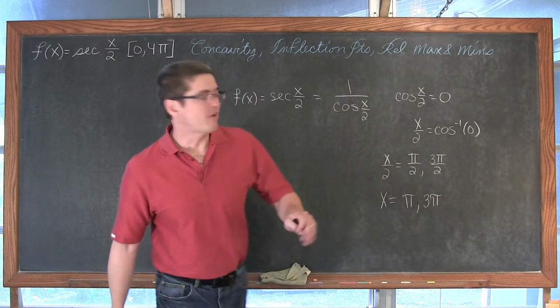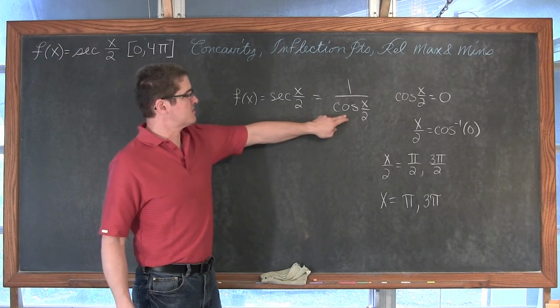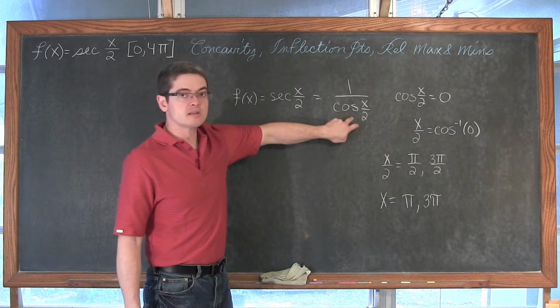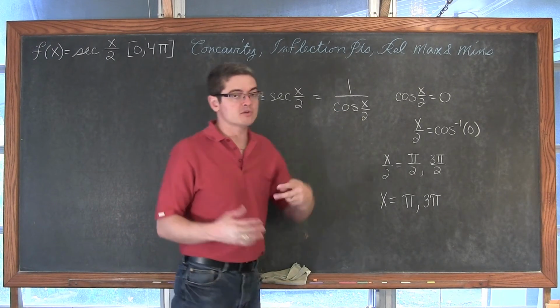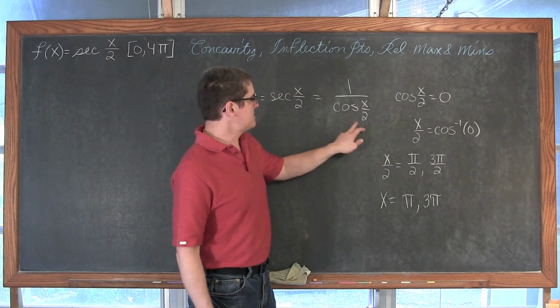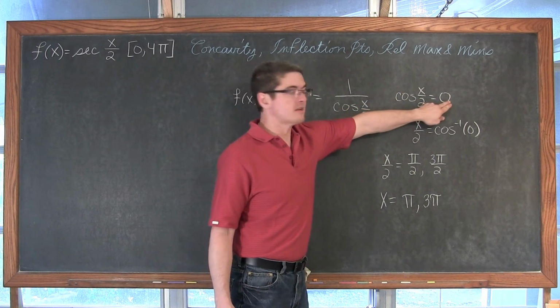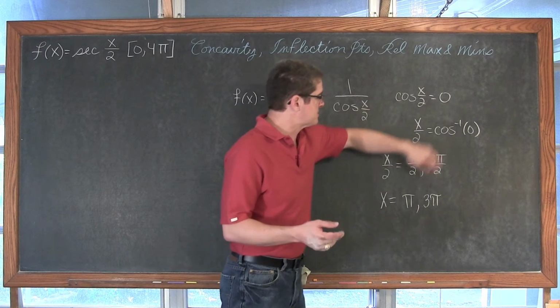I just wanted to start off by finding the domain. So I wrote secant in terms of cosine just to make sure you realize that when the denominator is equal to 0, the function of course is undefined. And cosine of x over 2, if you set that equal to 0 and solve it,